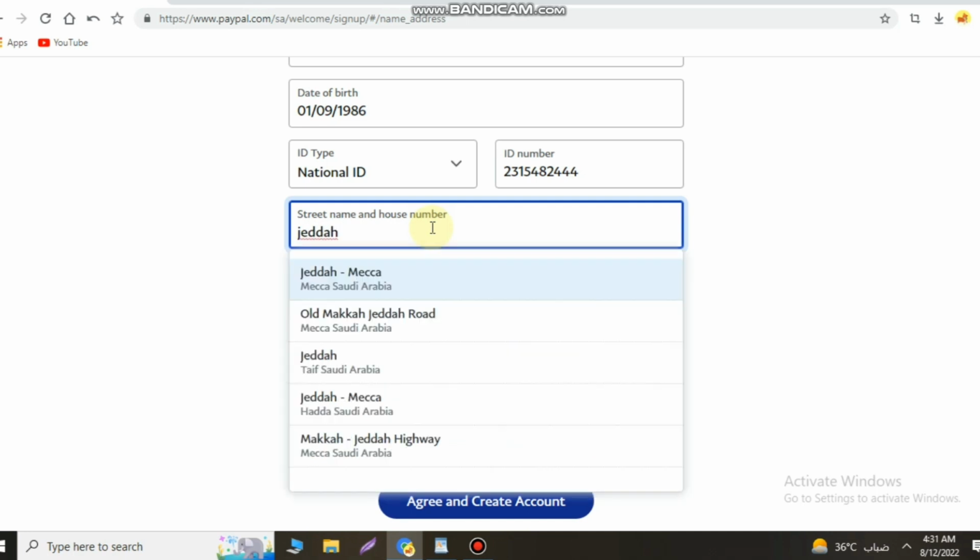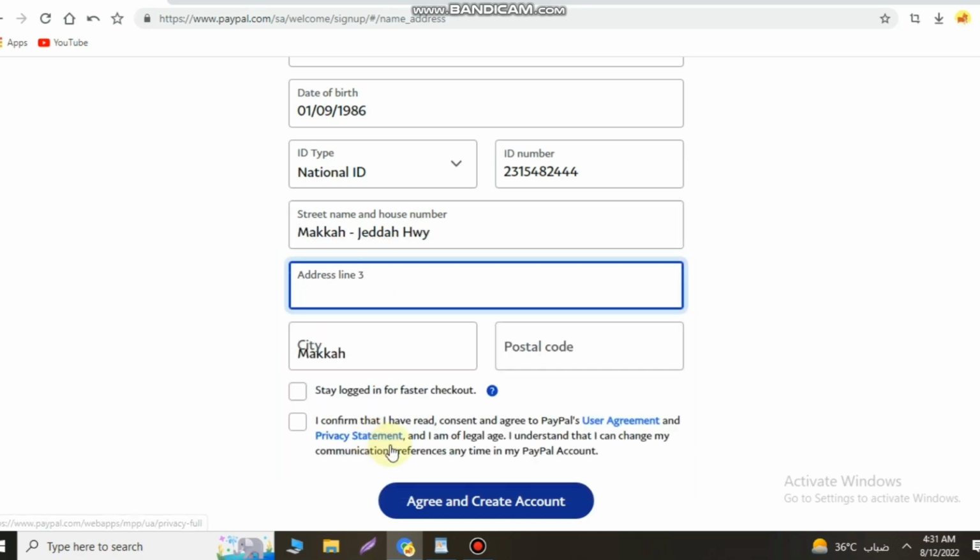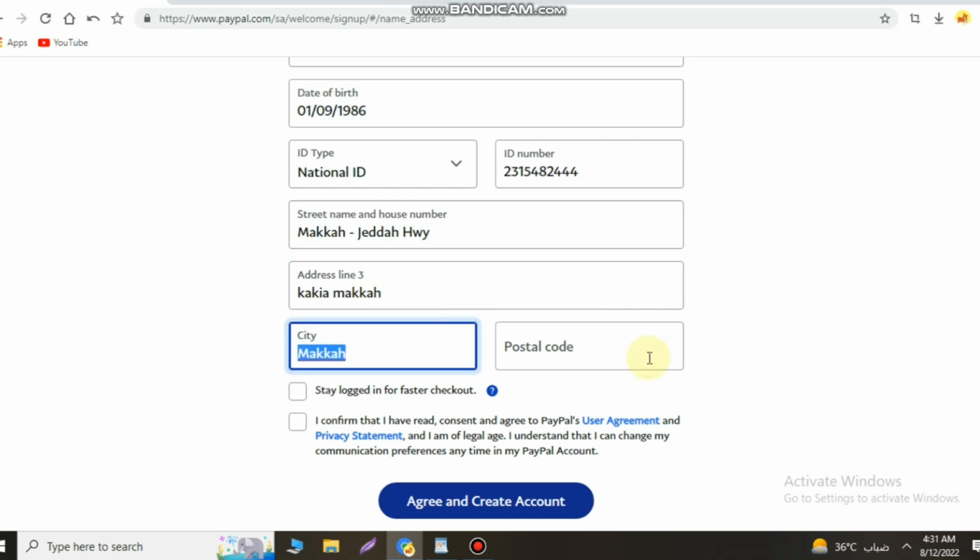Then I have to put my address. So right now I'm in Jeddah. I will write Jeddah, Makkah Highway. So address, then city. After that, you have to write your postal code and you have to click stay logged